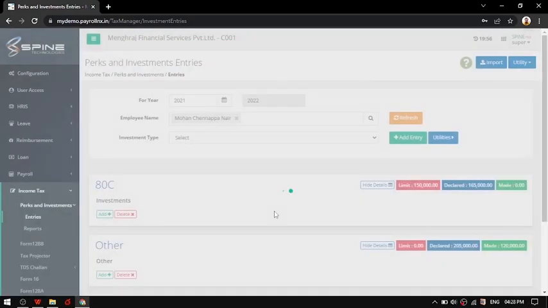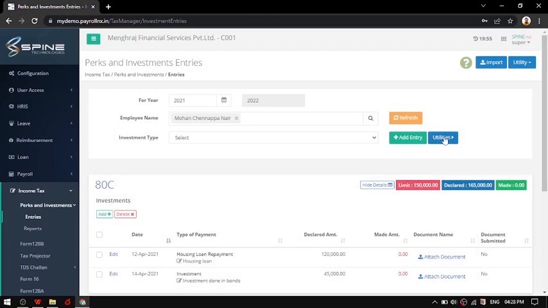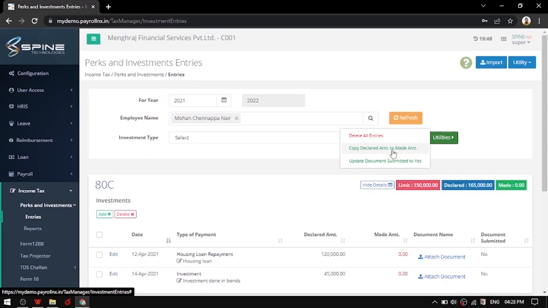Select employees. So there will be a utility available over here. By using this particular utility, we can directly copy the declared amount into the actual or made amount. So whatever amount the employee has invested in this financial year, we can directly copy this amount to the actual amount.